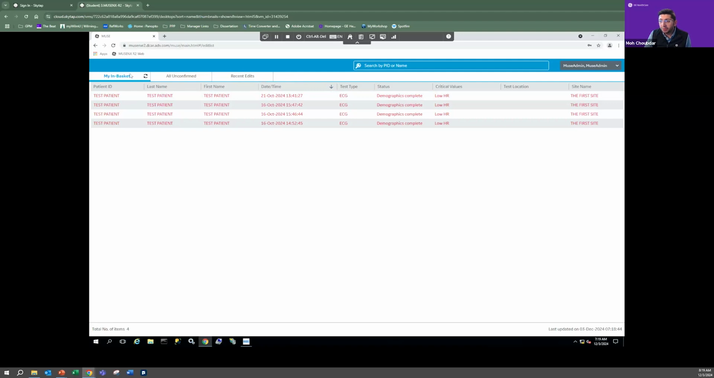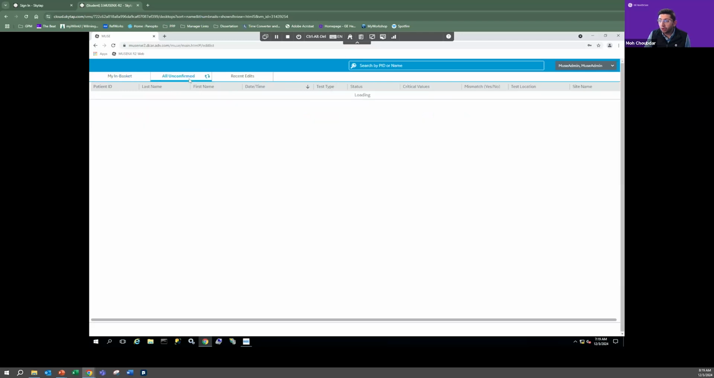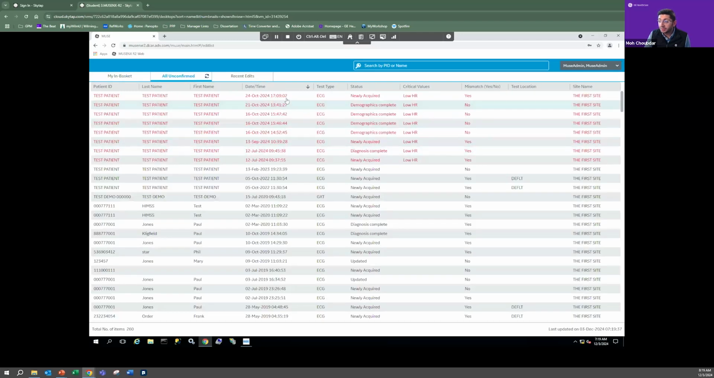So when I come into my in basket, the reason these are showing red in here is because they have a critical value that was met. So if there was a critical value met, we'll turn that to red. If I go to all on confirm, I see that certain are red and certain are not. And those are the ones that do not have any critical value called on them when they did the EKG